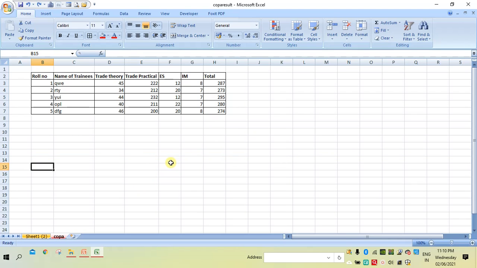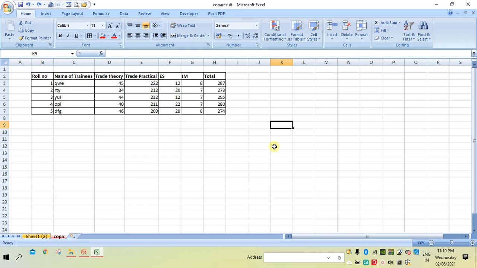Every cell is identified by its name. For example, this cell has a name, that is G7. This cell has a name, that is E3. Every cell has a name. That name is called the cell address. How is the cell address formed?